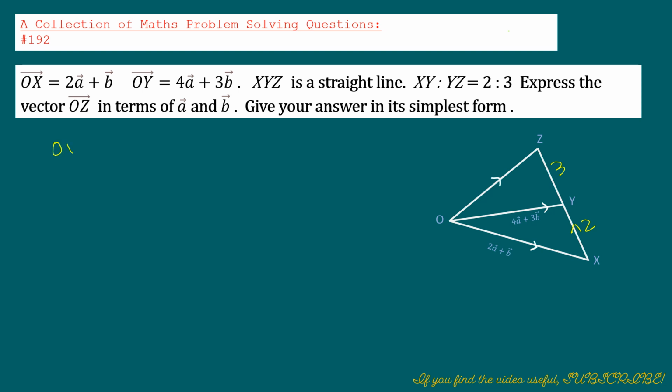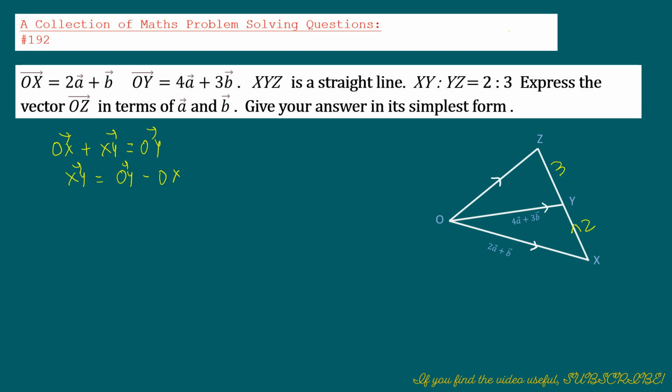So we can write OX plus XY equals OY. And therefore we have to find what XY is. So we can write now, OX we've been given. So we will write XY equals OY